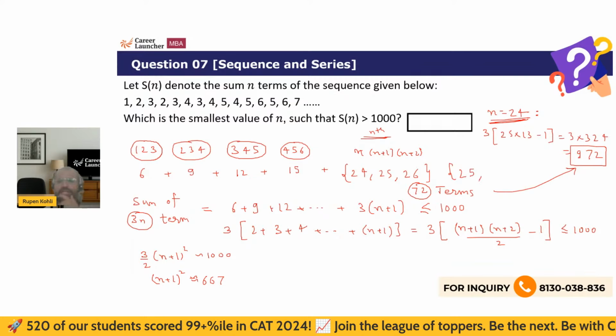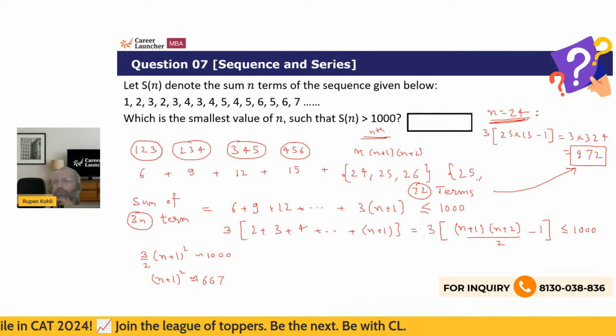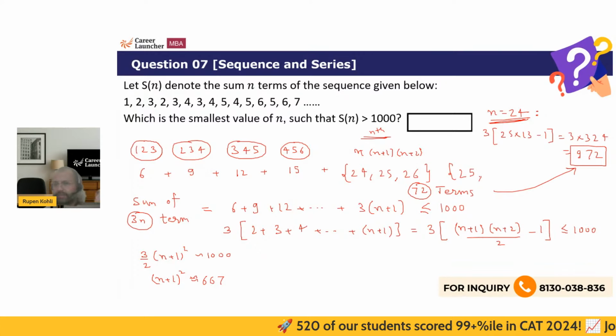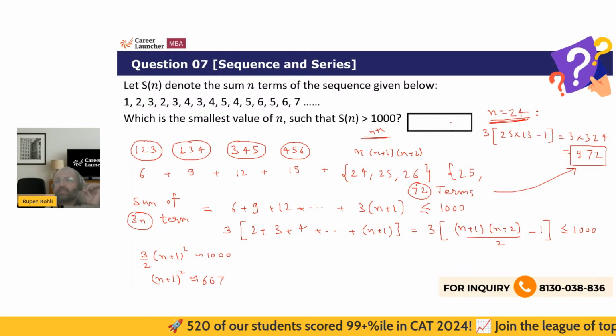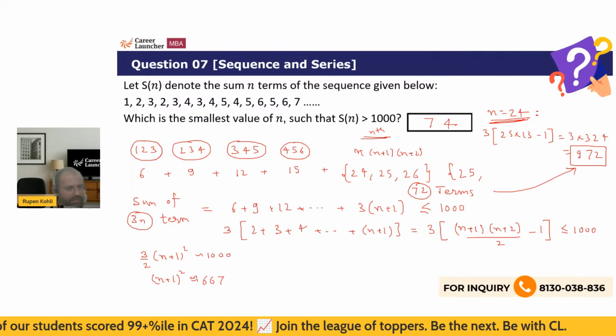Will I have reached my target of 1000? No. 972 plus 25, right? I need 28, but this is 25. So this is still less than 1000. This is 997, right? So yes, I think the answer is 74. Right, Saksham? I think you were almost there